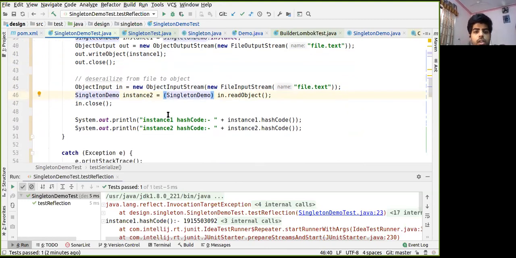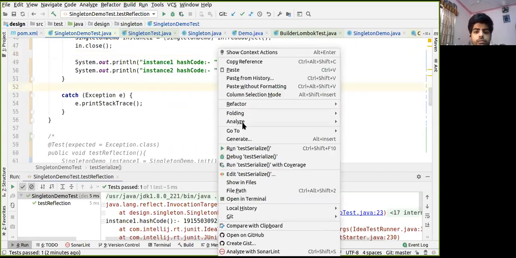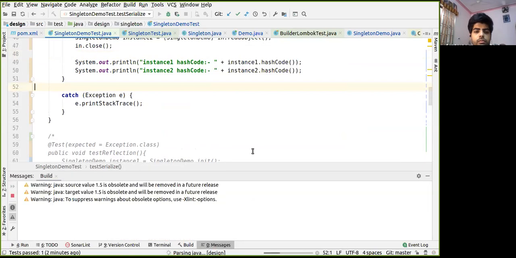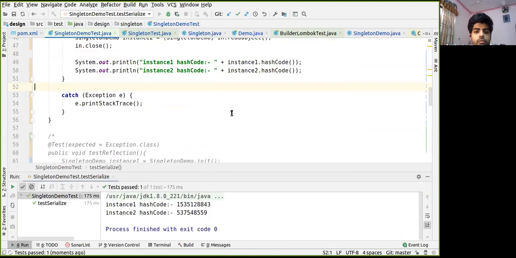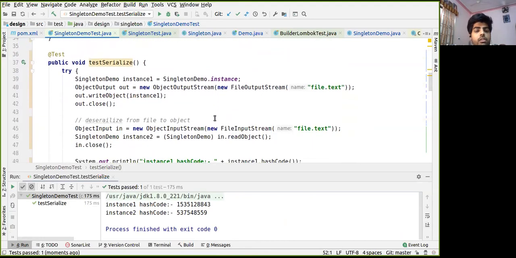Let's see if we get a different object or the same object. Okay, so they are different objects. How do we make it return the same object?